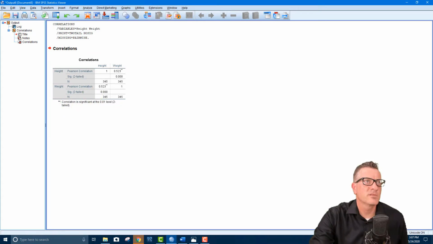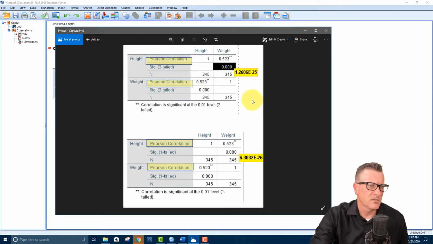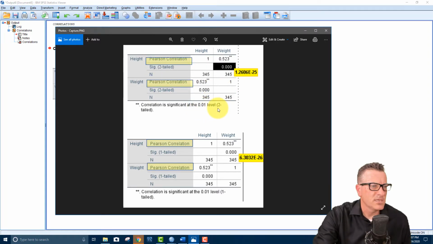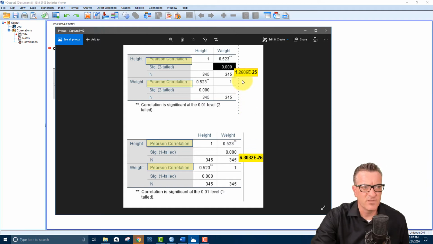Okay, I want to show you one other thing. I ran this calculation both ways, with one-tail and two-tail, and we can take a look at the differences. This top one is two-tailed, so it's the same data that we just calculated. And down below, this is a one-tail calculation. When I click into the actual results, you can drill down and find what the answer is for the two-tailed significance and the one-tailed significance.